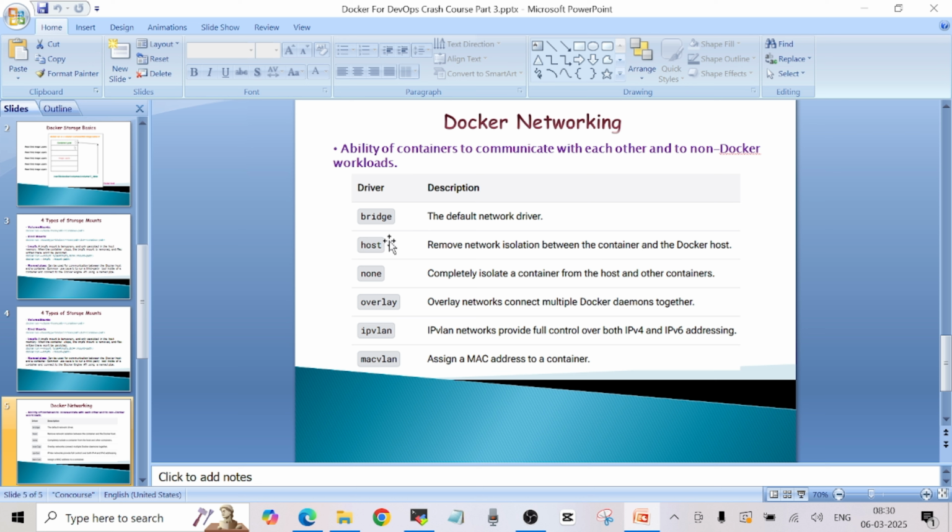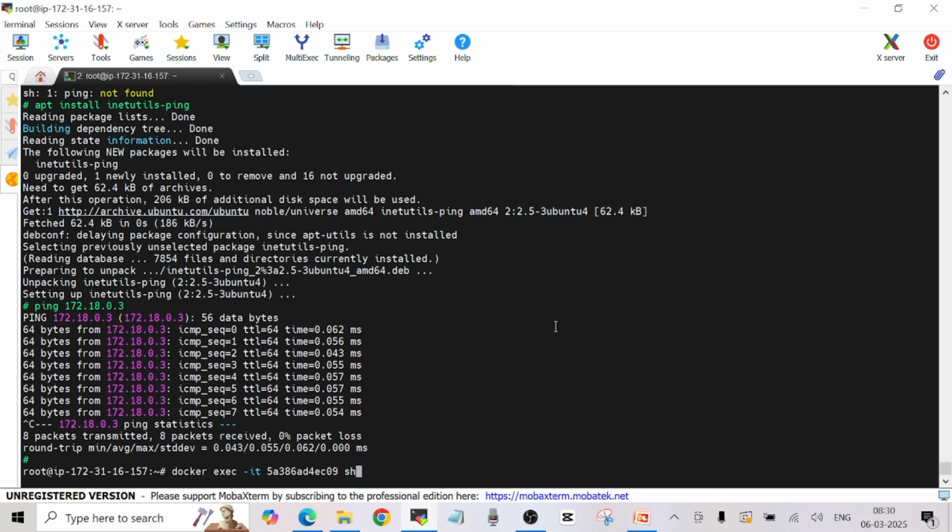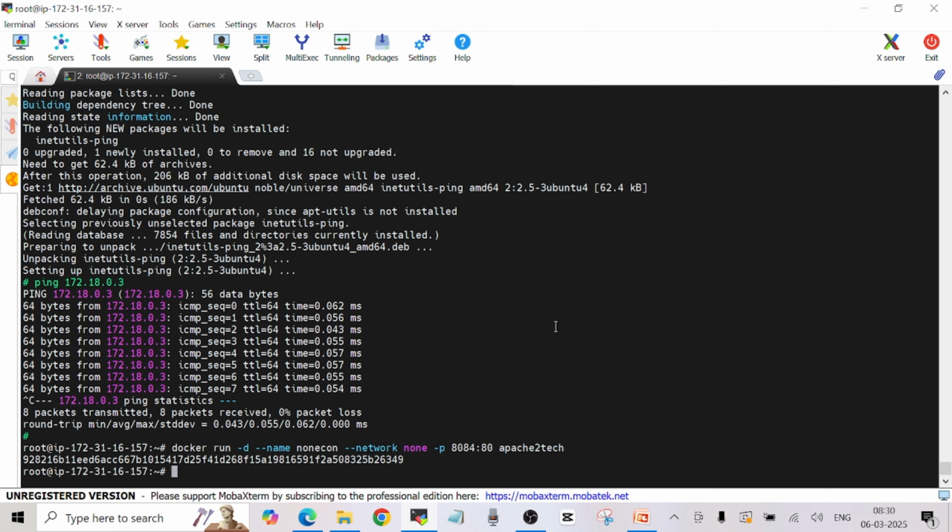Okay. Similarly, you can use none to have all the networking disabled for any container. Okay, so while creating the container, if you specify this network as none, like this, and if I just name it, okay, so now if I do docker inspect on this container where I'm using none network,